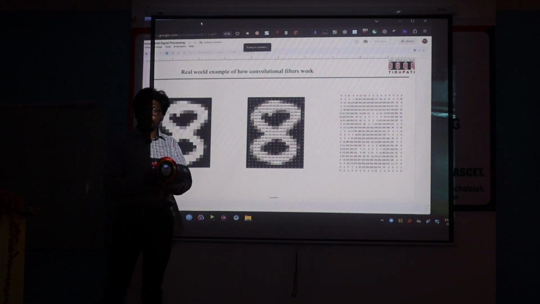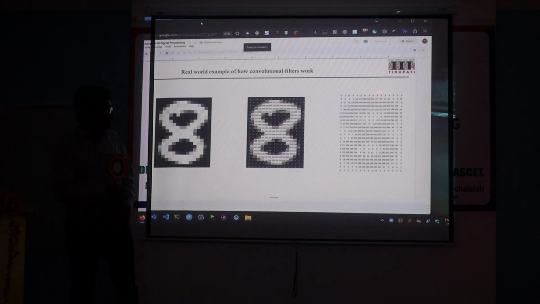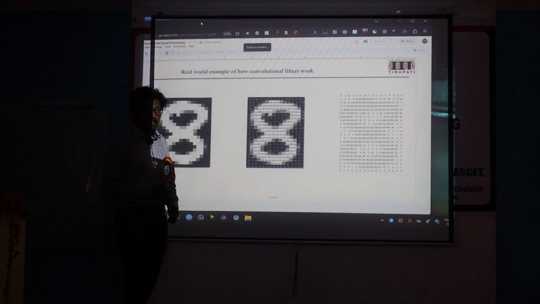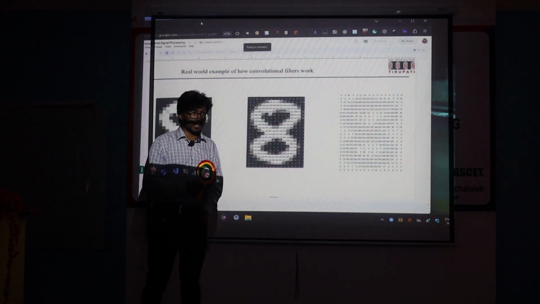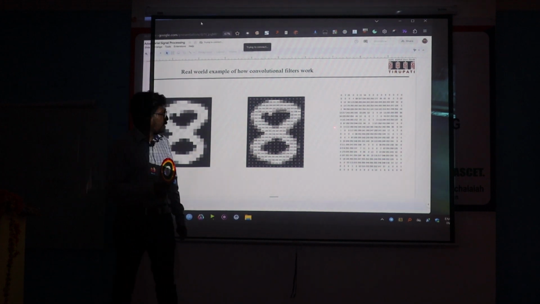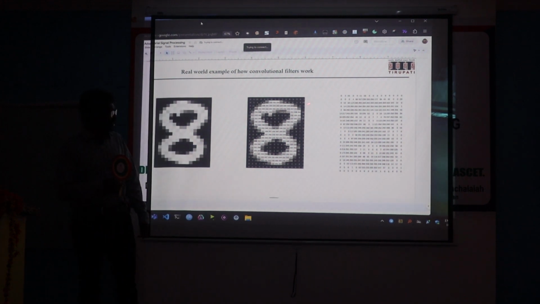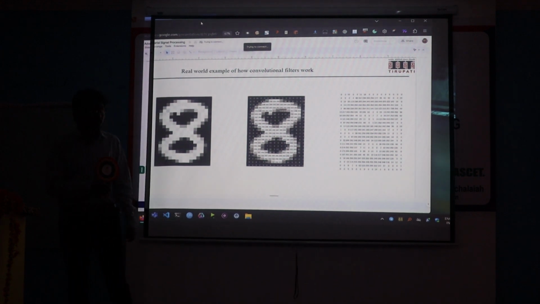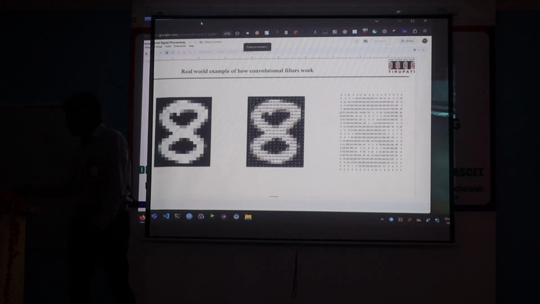But to you, it just shows the image of an 8. I just wanted to show you, because now we will be dealing with real world examples, real world data, and you can see how it affects other signals also. I will talk about other signals later.